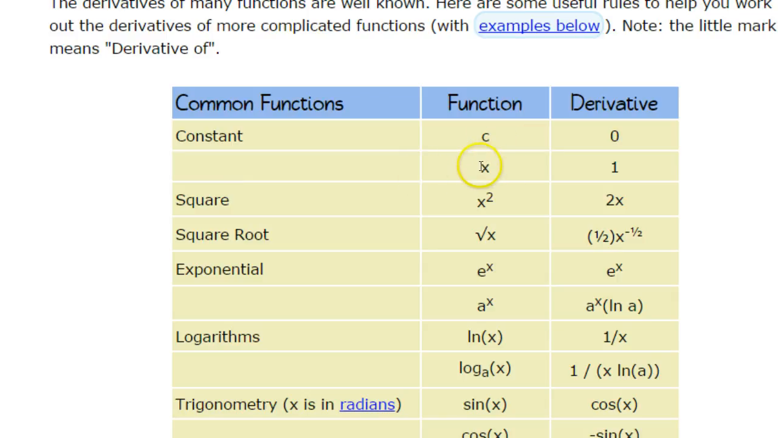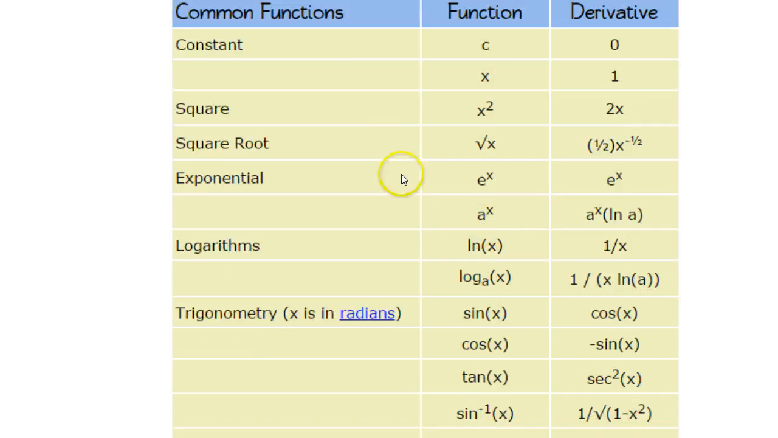If we're doing x, the derivative is going to be 1. The derivative of a square is going to be 2x. The derivative of square root, which is basically the same as x to the 1/2, is going to be 1/2 times x to the negative 1/2. Exponential: the derivative of e to the x is e to the x. The derivative of a number a to the x power is a to the x times the natural log